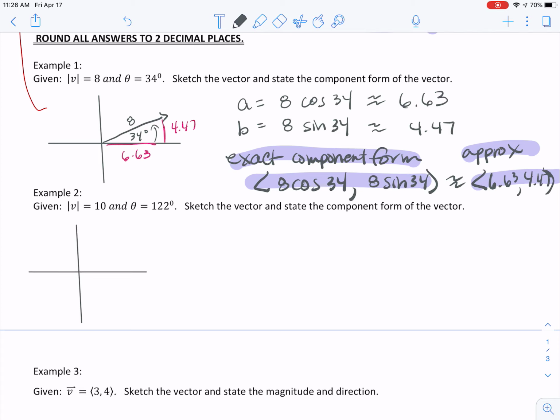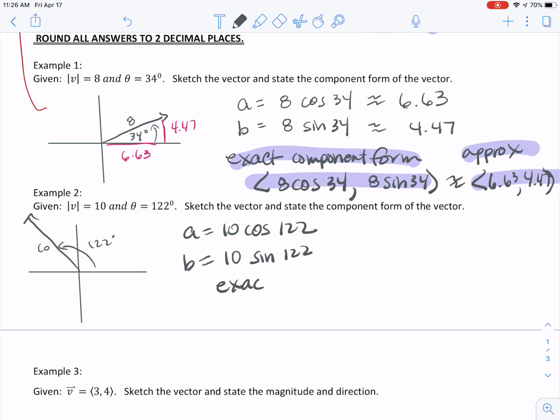Okay, 122 is bigger than 90, and it's going to go out 10. So it would be something like this, where this would be 122 degrees, and this length would be 10. Okay, so A is going to be 10 cosine 122. B is going to be 10 sine 122. My exact component form